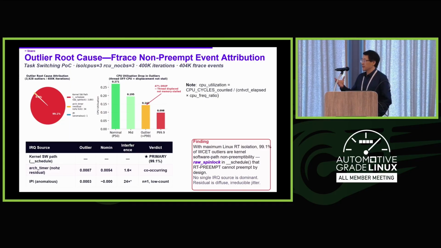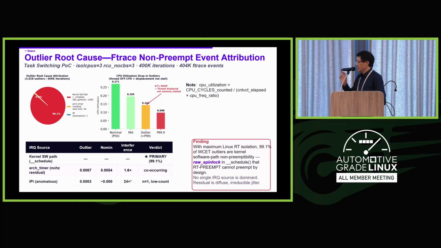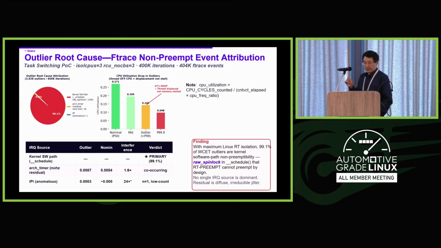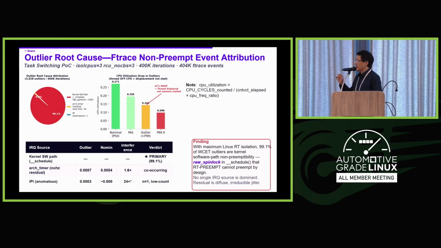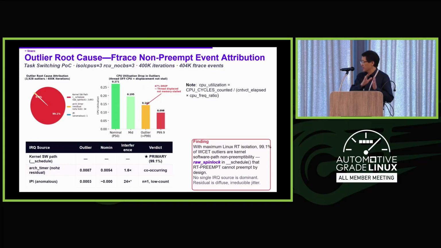Whenever the scheduler does the context switch, there's a really short period of time where the scheduler needs to acquire the raw spin lock. So that's the time it cannot be preempted. So this is also something we want to capture as part of the unified benchmark and test framework. We want to pinpoint whenever this outlier is happening,